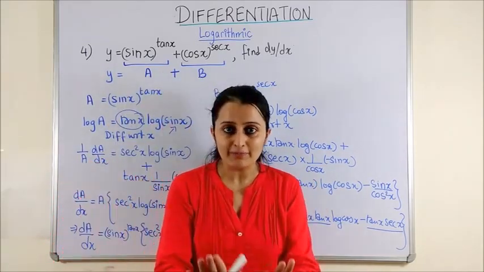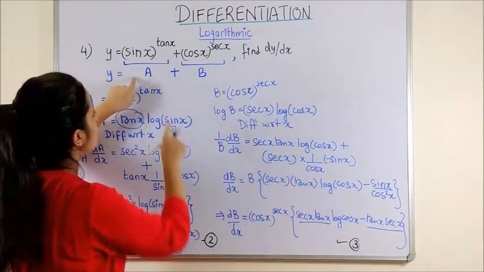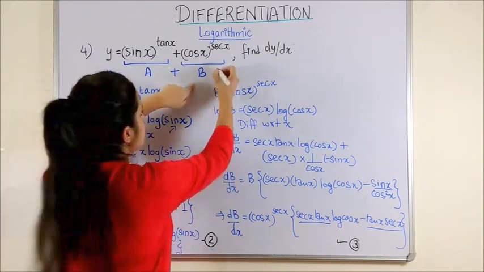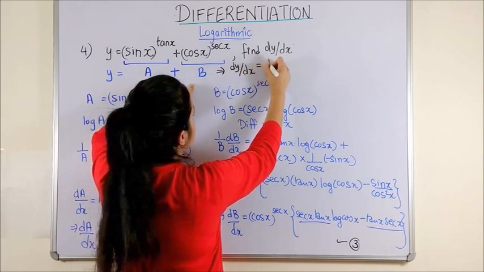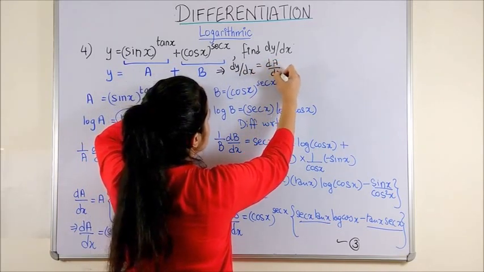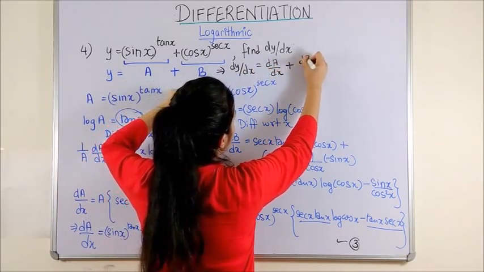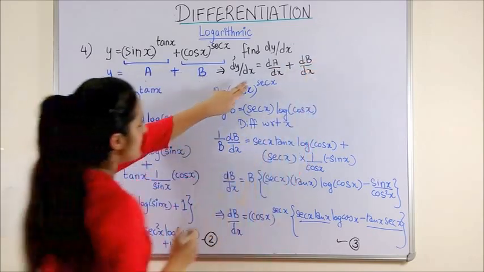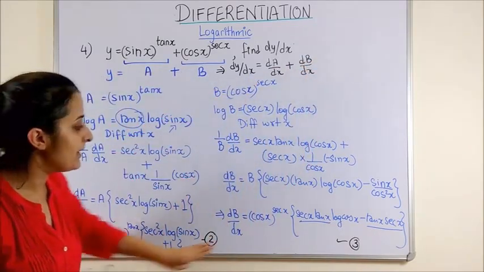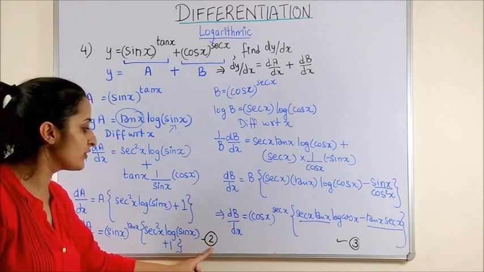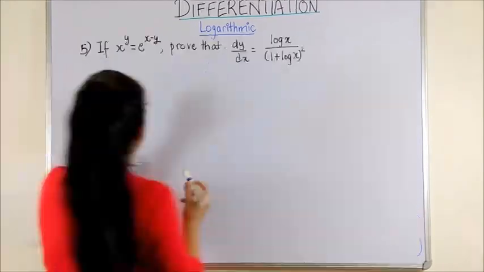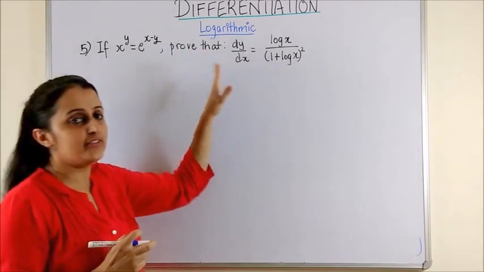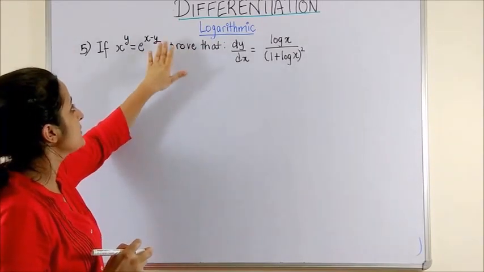But hey, don't stop at this. We had taken the equation y is equal to A plus B, which means dy by dx will be equal to dA by dx plus dB by dx. So now substitute the values of dA by dx and dB by dx from these two equations in the first one. Now looking at the fifth question, you are given x to the power y is equal to e to the power x minus y,